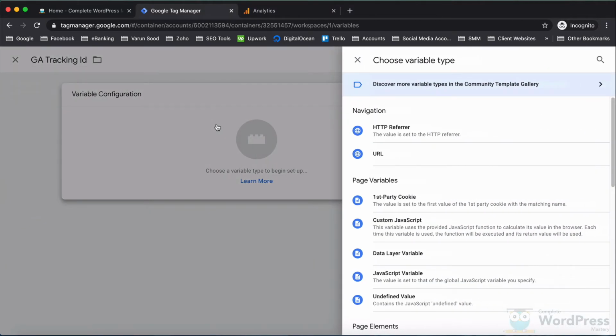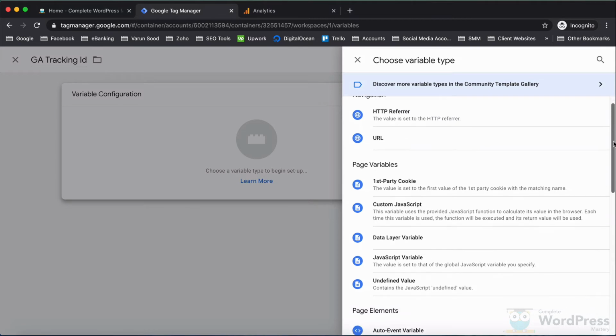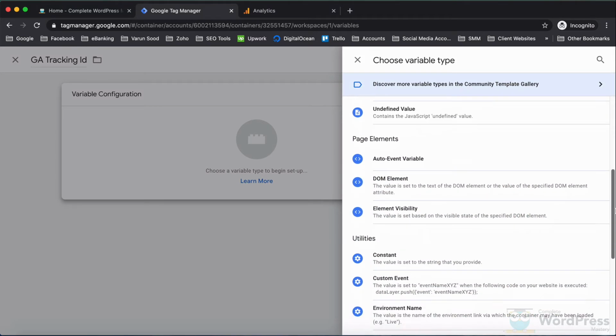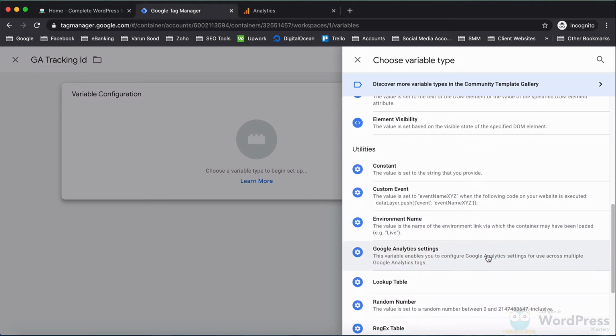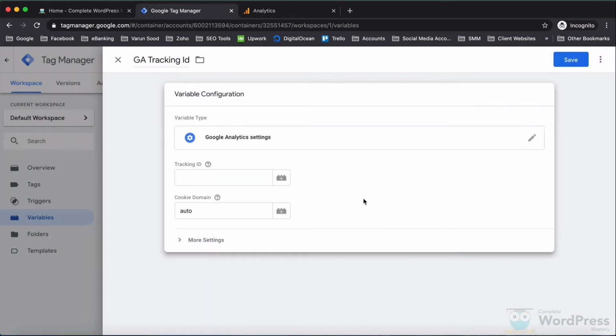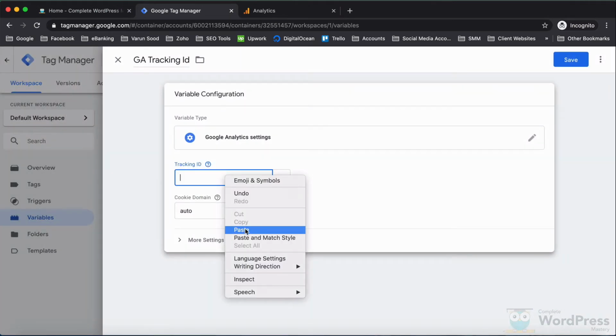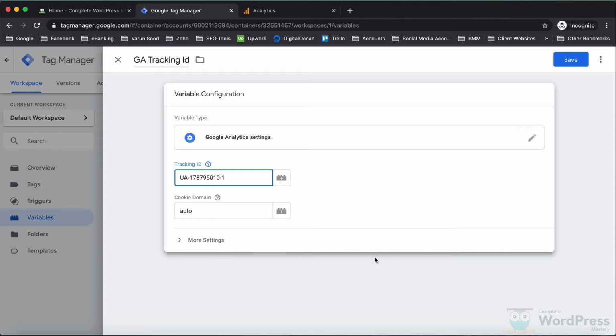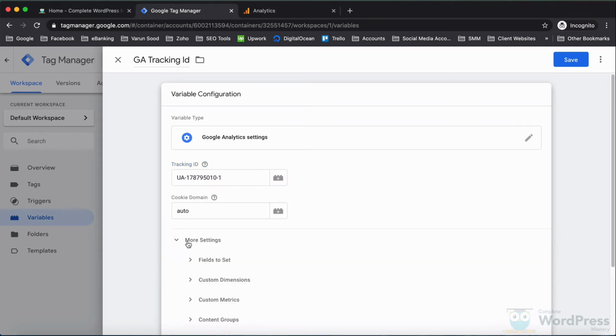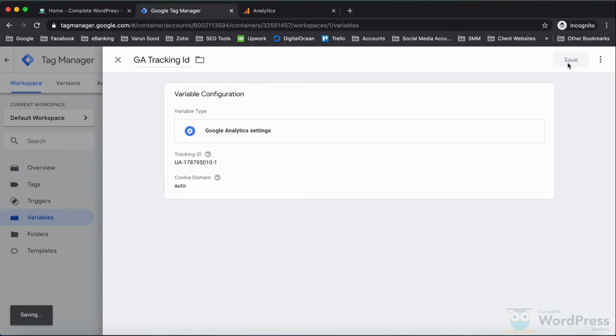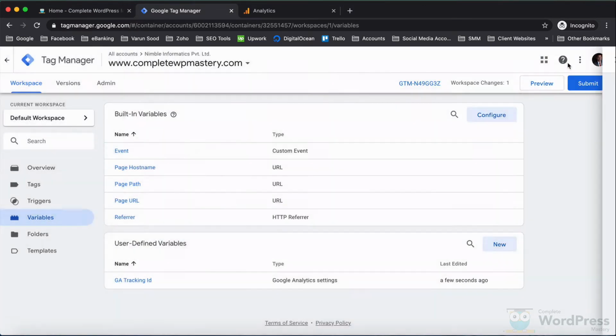Under Variable Configuration, we need to select Google Analytics Settings. Paste the tracking ID in this text box and leave everything else unchanged for now. Hit Save. So our variable has been created, and we'll use this variable to set up our tag.